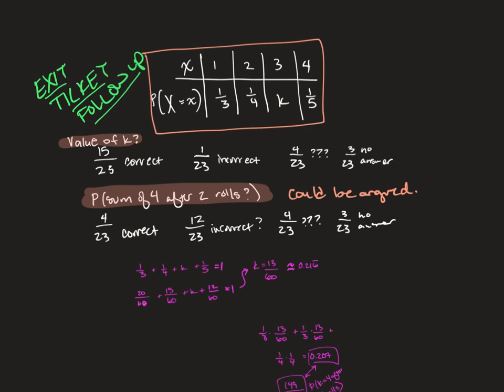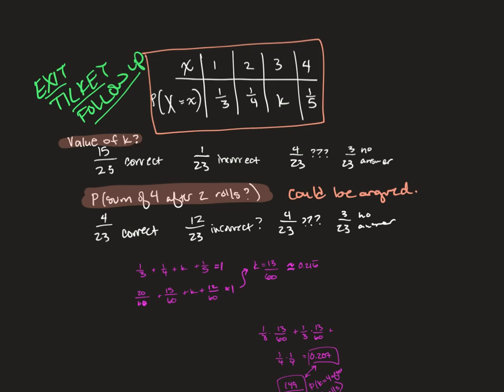Okay, second part was, what is the probability of getting a sum of 4 after 2 rolls? So in that case, you would either need to get a 1 followed by a 3, or a 3 followed by a 1, or to get 2 2s in a row. And because the probability of getting a 1 and a 3 or a 3 and a 1, even though those probabilities are the same, there's 2 different options for getting them, the way that you would solve this is